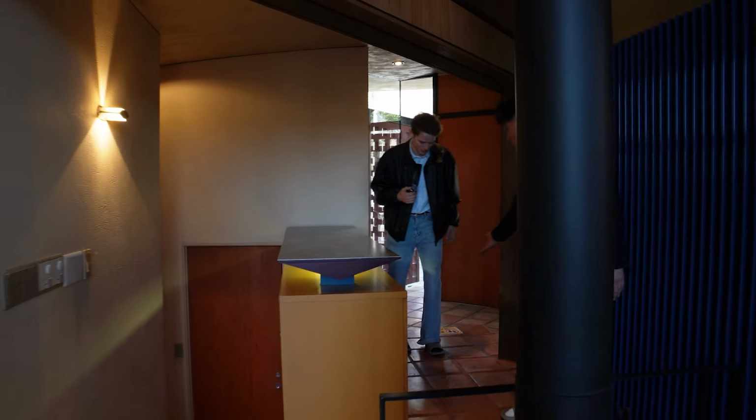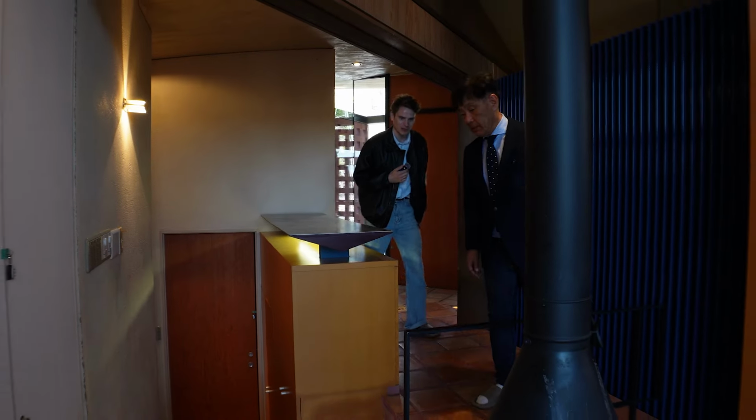Slipper. We're in a Japanese house, right? They're a little too small, but...